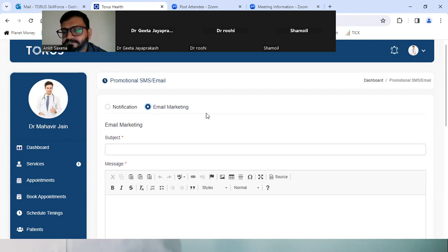Yes. So patients can search for a particular doctor on the Torus Health website and book the doctor. For example, if a patient selects Dr. Divya, the appointment will get booked in your name. Can we do the consultation on a mobile phone, or is a laptop needed? Yes, you can do it on mobile as well, Dr. Neelam.